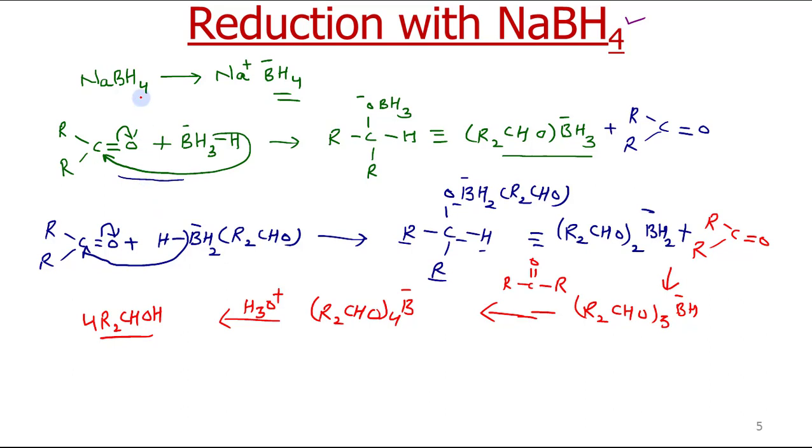The mechanism is the same as the general mechanism that I showed you in the previous slide. The H negative comes from the BH4 negative part. As it contains four hydrogens, or four H negative, it can react with 1, 2, 3 and 4 molecules of carbonyl compound to give four molecules of alcohol, and the alcohol is a secondary alcohol.